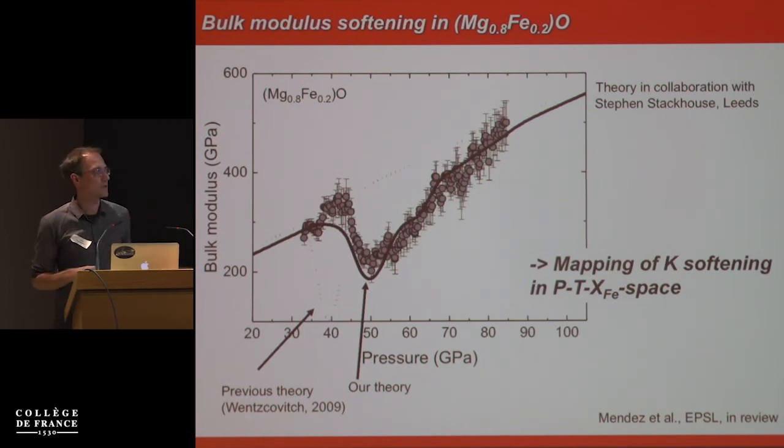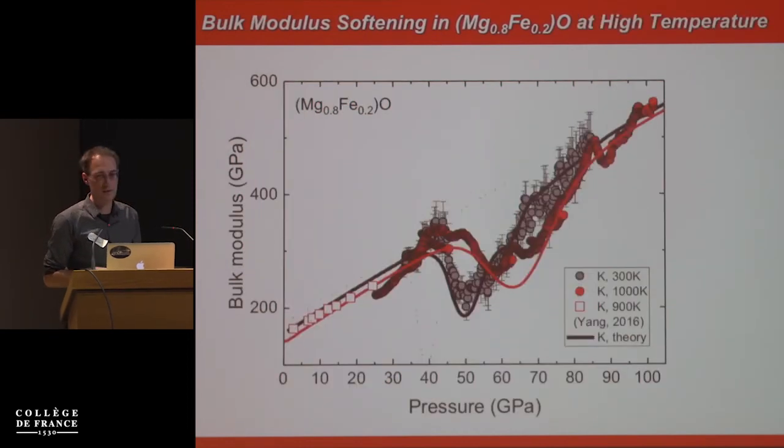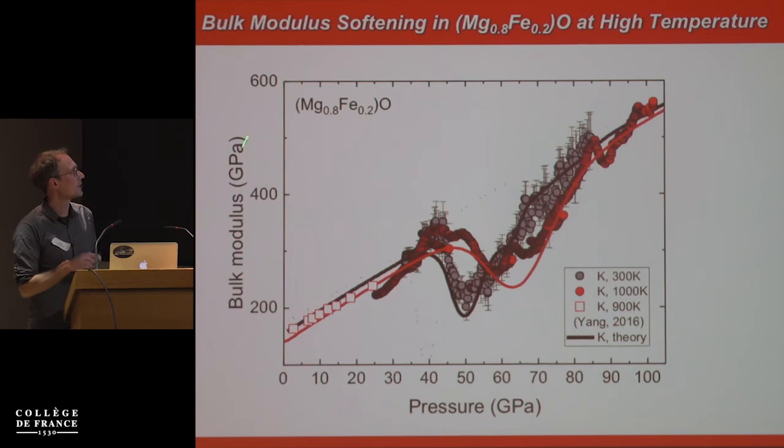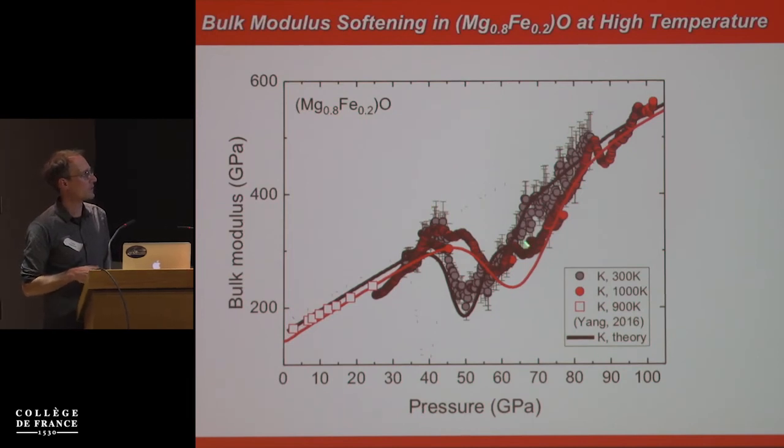So that allows us to do these measurements in a wide range of pressure, temperature, and composition space. So we can very quickly do this for different iron contents, and we can do it at high temperature because we only need to keep the cell at high temperature for a few minutes. And we started doing that, so this is basically what we get for the bulk modulus softening at 1000 Kelvin,